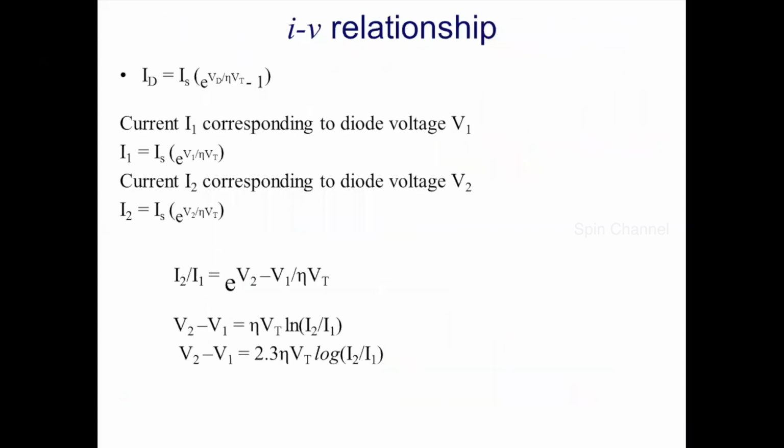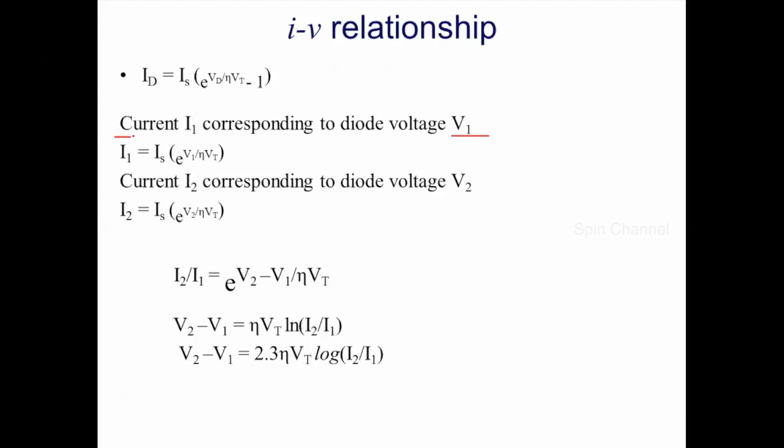Now let us have a look at the current and voltage relationship, the expressions we have seen earlier. In the diode current expression, you can see an exponential term e to the power V divided by eta Vt minus 1 term over here. So when the appreciable current through the diode is much greater than the saturation current, this equation can be approximated to e to the power V divided by eta Vt, neglecting the minus 1 term here. So now consider a diode voltage of V1 applied to the diode, due to which the current through the diode is I1.